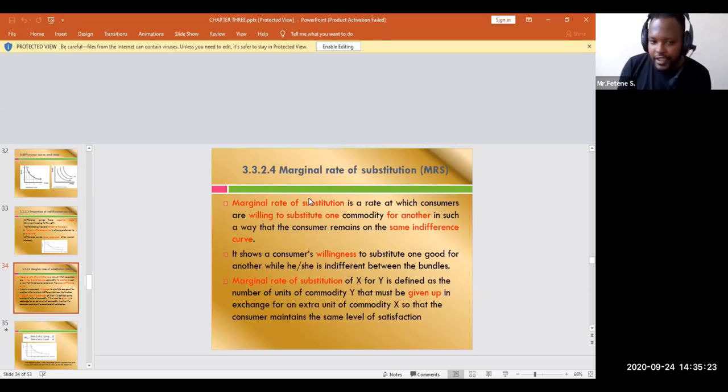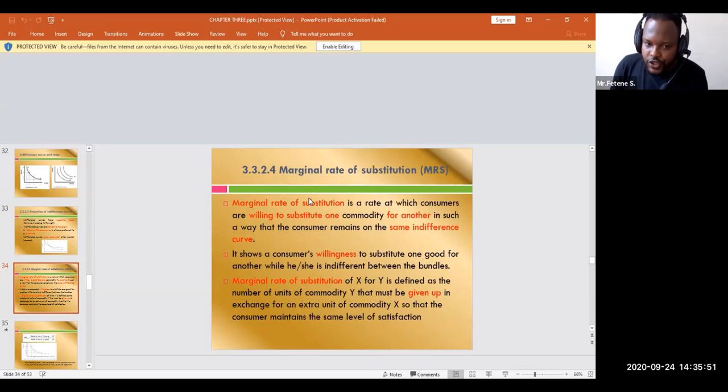The next point is marginal rate of substitution. This marginal rate of substitution is the rate at which a consumer is willing to substitute one commodity for another in such a way that the consumer remains on the same indifferent curve. Moving from one combination to another combination on the same indifferent curve and substituting is called